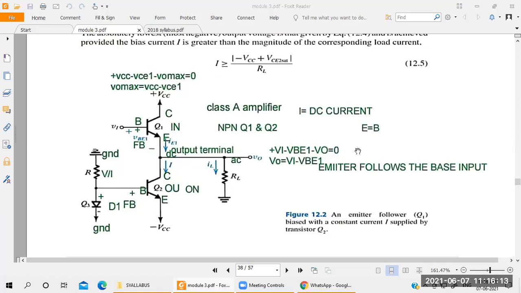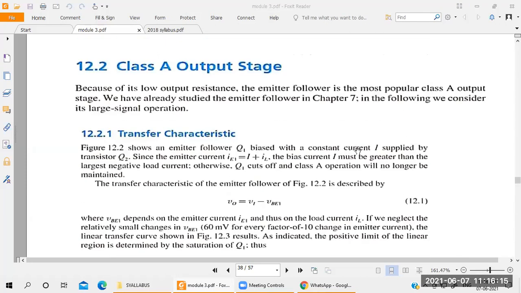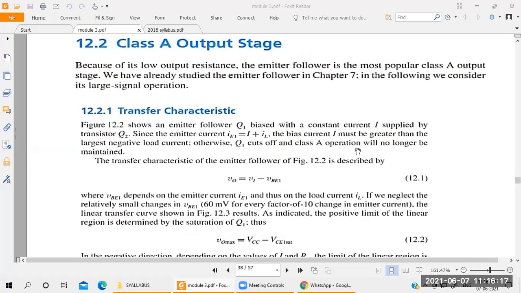Understood? Now you take some equations here. First you take the Q1 transistor. Q1 means what here? That is the output transistor. That is the emitter follower, because the emitter follows the base voltage. That's why I call it the emitter follower. So what is the current here? Constant current is I. For the emitter side, we are generating the current here for the given transistor.